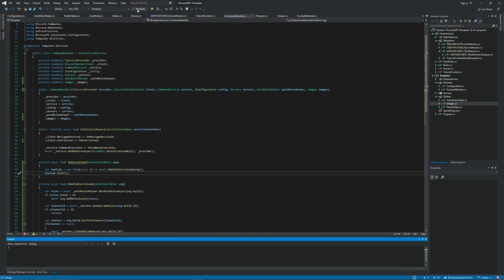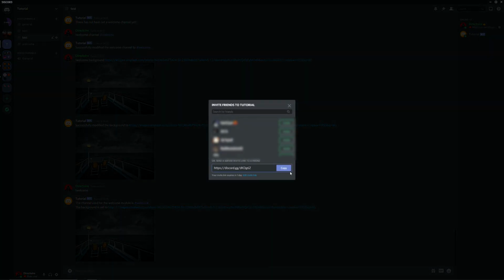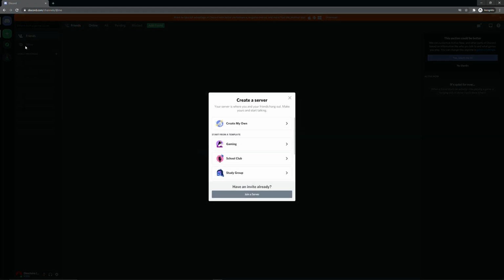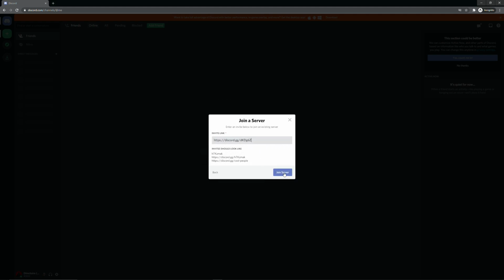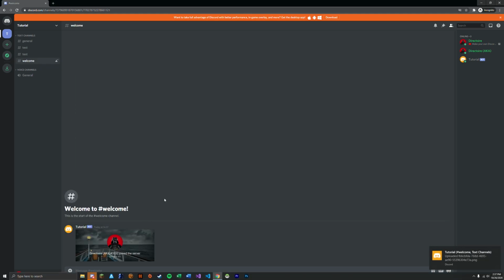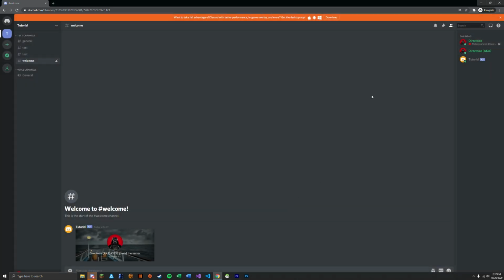Now, if we run our code again and go back to Discord, let's quickly create an invite link and let's go to the alt account. So as you can see, I'm not in a server, which means that it will generate a new image when we join the server. So let's add a server, join server, and say my invite link and then join the server. Now it can take a few seconds before it really sends something to the welcome channel, but as you can see, it now sends director joined the server, member number 3, that's correct,